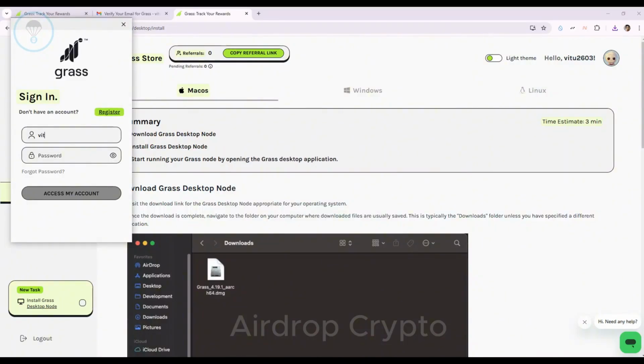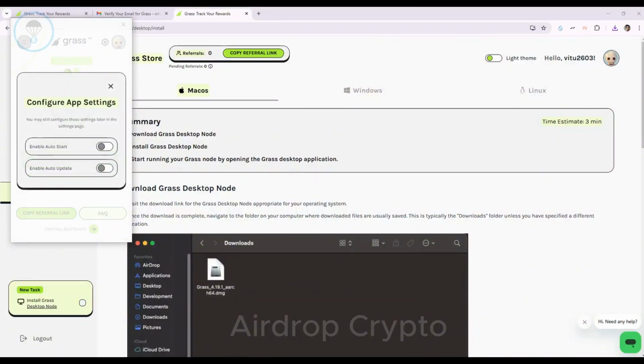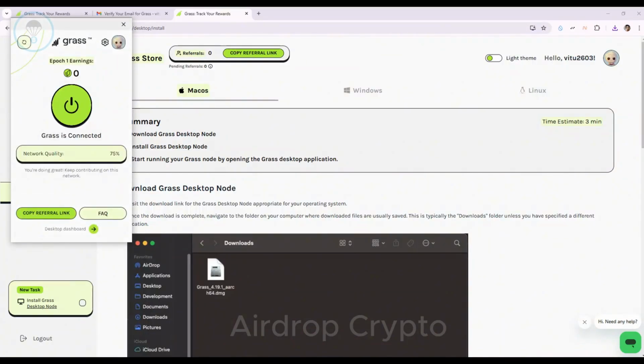Step 3. Once the Grass desktop node app is installed, log in using the registered email and password. Select Enable Auto Start and Enable Auto Update so the system starts automatically when your computer turns on.